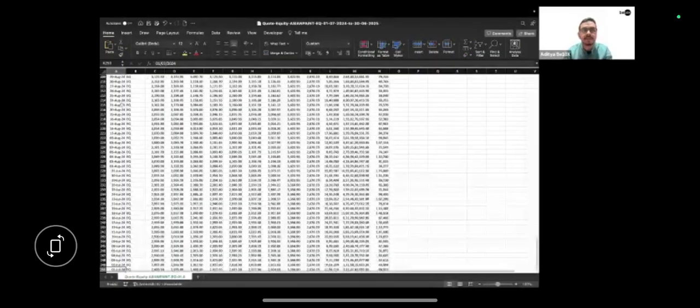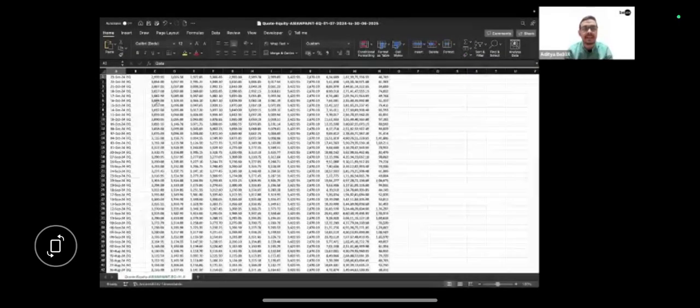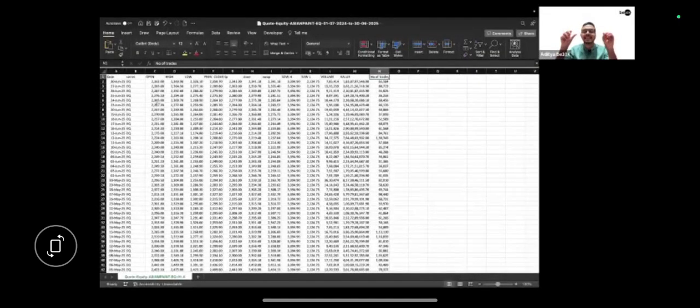So if you have this 1st July 2024 to 30th June 2025 Asian Paints equity data, and you were to analyze this entire data set, make visualizations out of it, make proper PPTs out of it, make Excel dashboards out of it, and do everything around it, how much time will it take you to do all of this? Analyze this data set, make a report out of it, do visualizations, create a PPT, make Excel dashboards, etc.